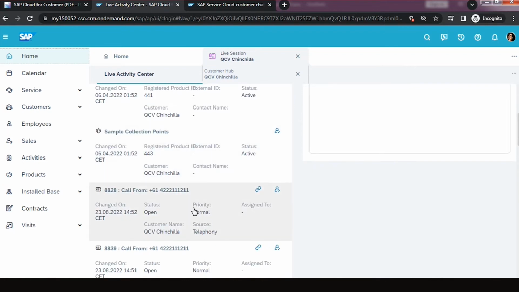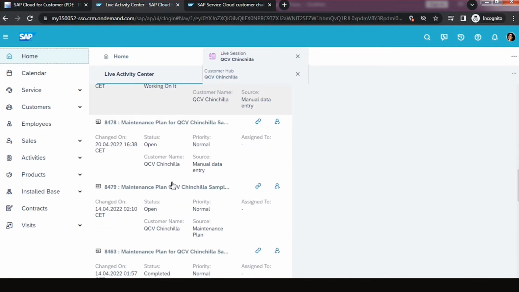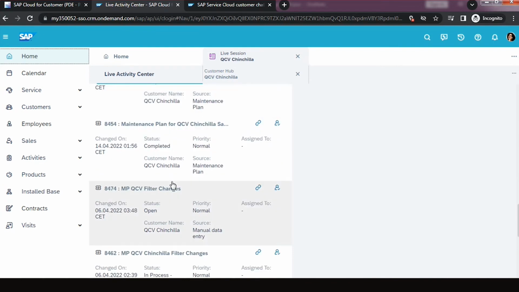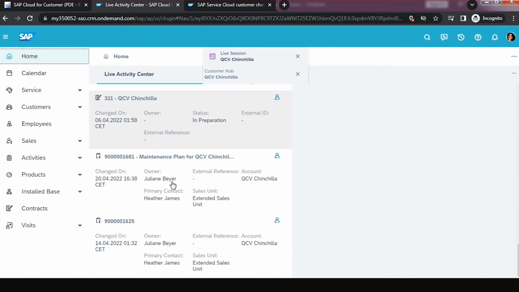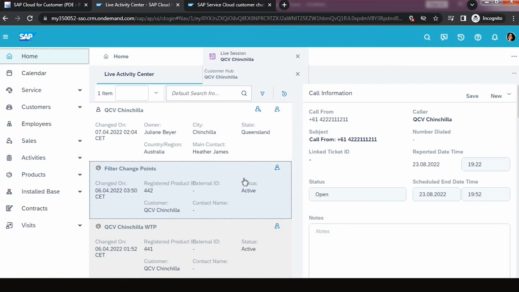And also we'll be having the past interactions, that is the tickets which have been created for this customer. And also we will be having the contacts. Contacts will also be available in these relationships. And on the right hand side we have the call information, as well as an option for